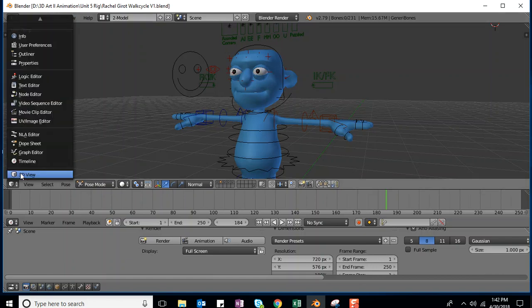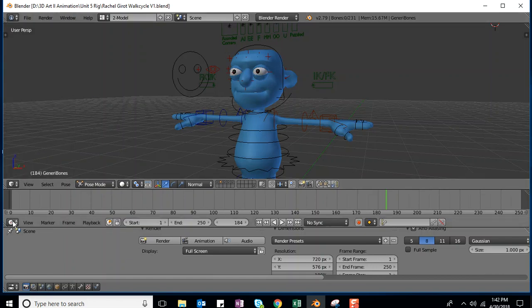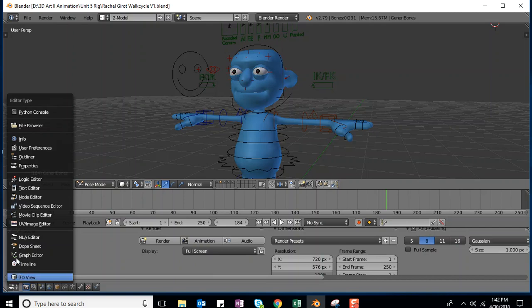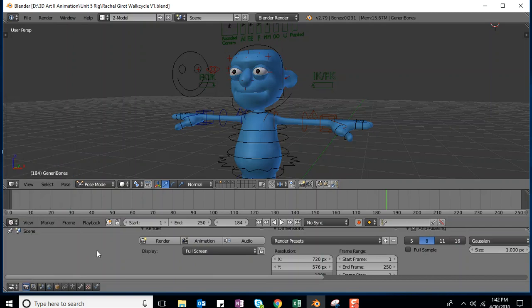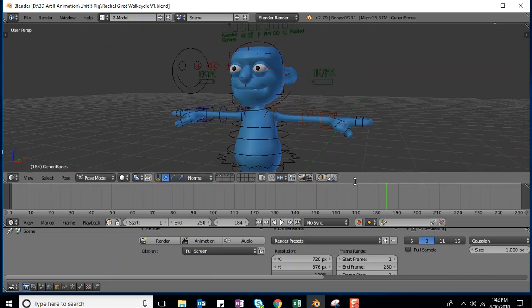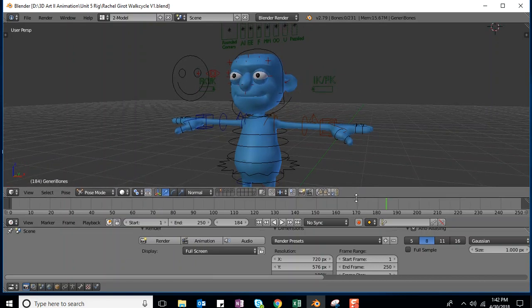You can see that here. This one's my 3D view. And this one right here is my timeline, and that's this little guy right here. And then down at the very bottom, I have my properties box. And I'm just trying to, the top one doesn't slide up. It's the bottom one. You have to drag that one up. Yeah, I don't think I really need that big of a timeline, but